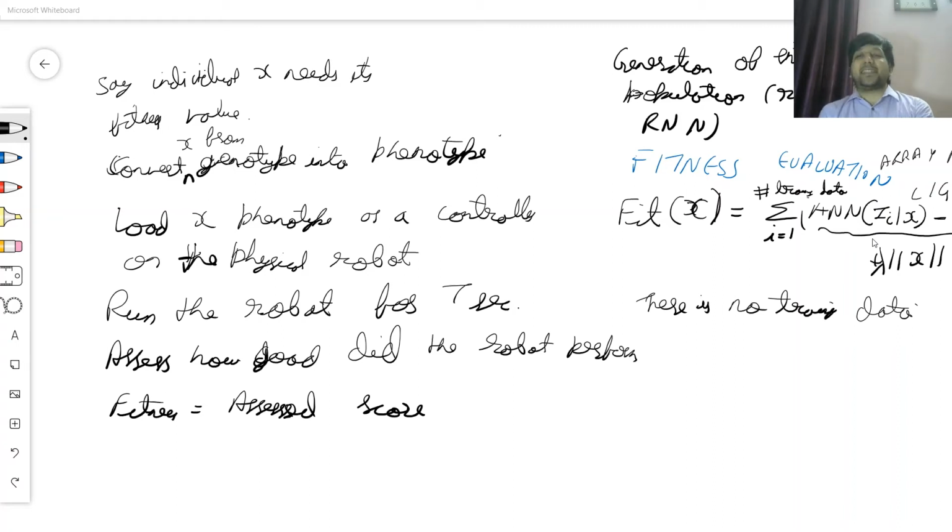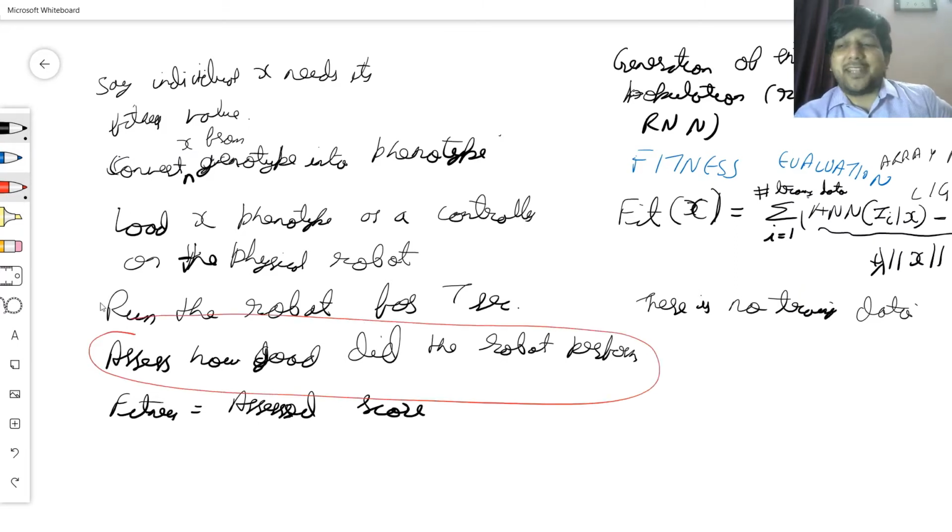Now let's discuss if there is a caveat over here. So yes, there is a caveat over here, and effectively what I'm doing is that I am trying to give an assessment of how good the robot performed. Now, if it was a big robot at my lab, I would have fitted my lab with so many sensors,